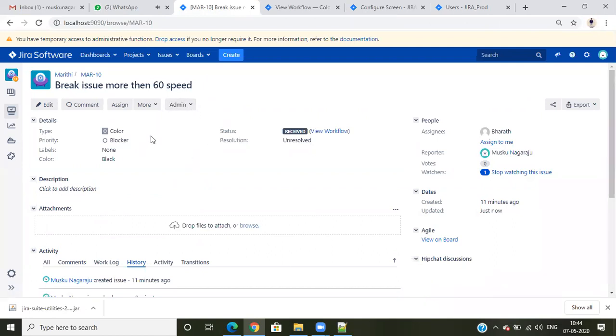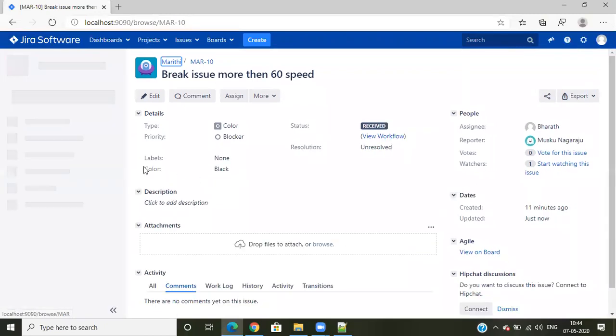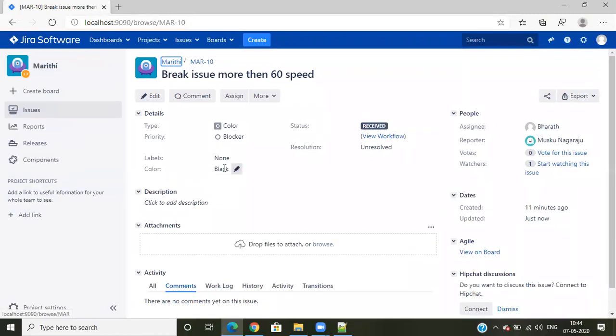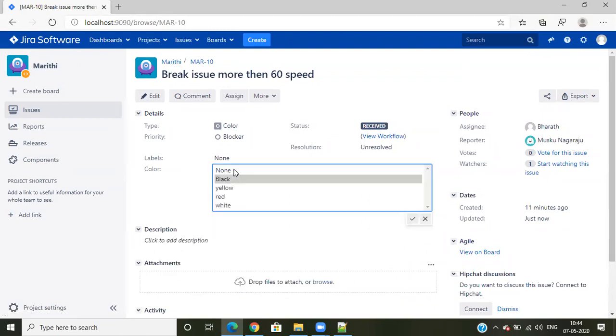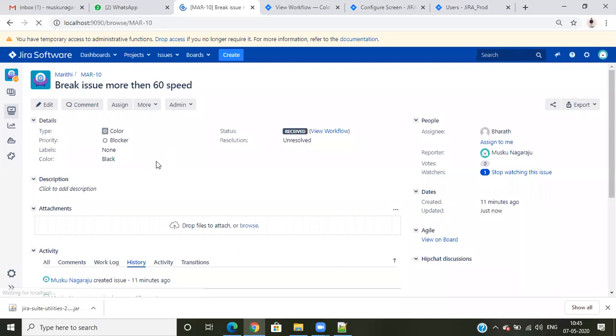Okay, so only when it is yellow can they see it. Now Bharat can see it when it is yellow. If I refresh and it is black, he cannot see it. If I change this to yellow again, I can see it.